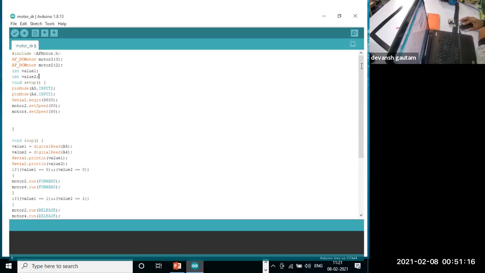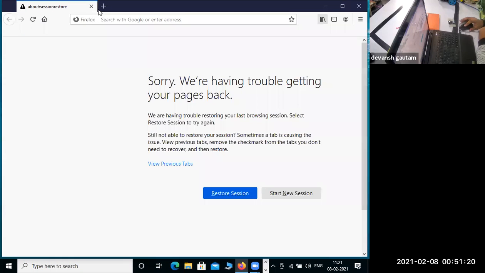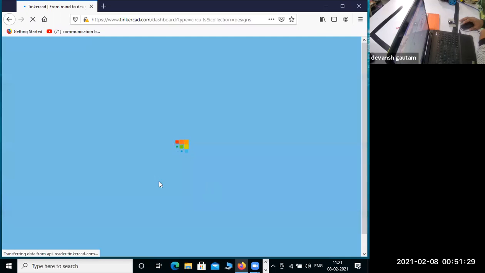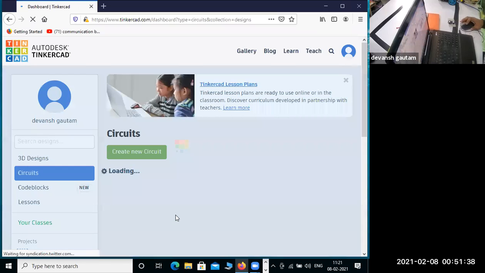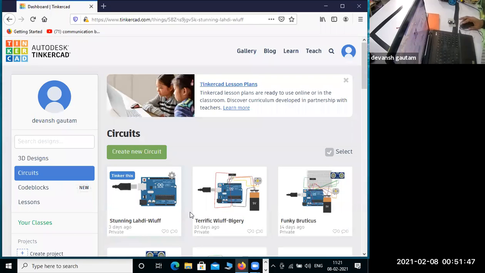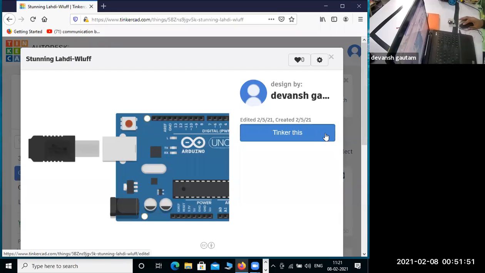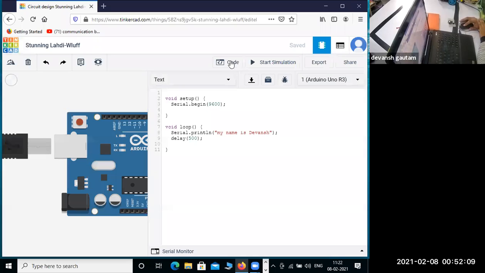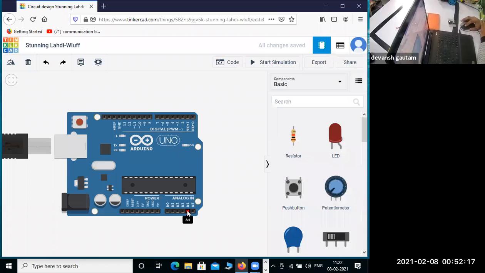Okay, so we have A5 and A4. These are two pins, and we are defining these two pins.